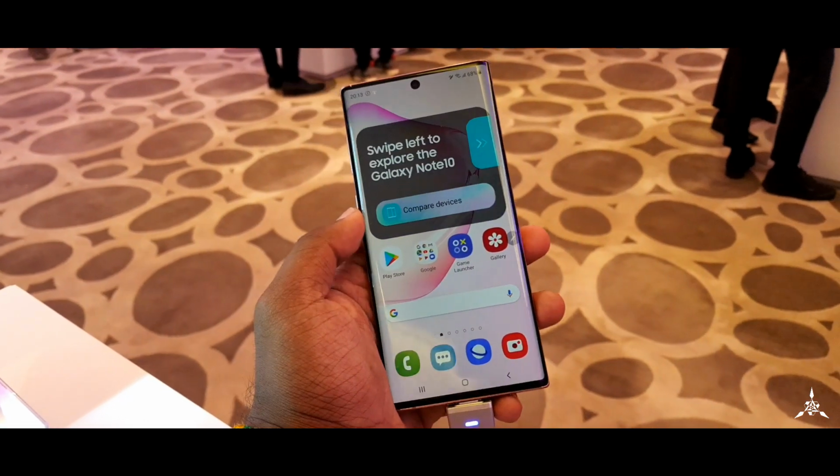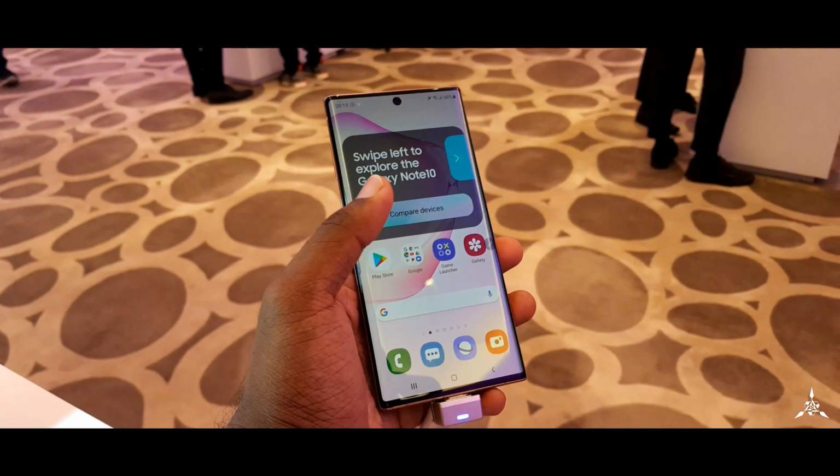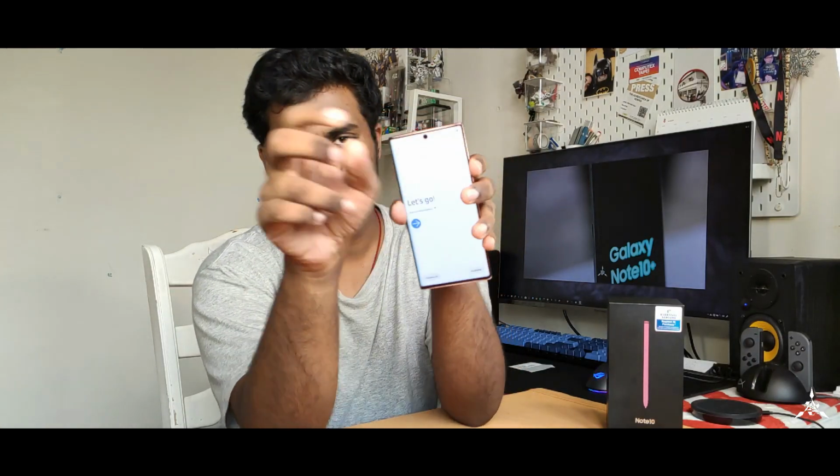So let's take a closer look at the Samsung Galaxy Note 10. On the front you have the front-facing camera smack right in the middle up top, and it has a display that covers from the top to the bottom, almost edge to edge, with a really tiny chin at the bottom and a really tiny, very thin forehead at the top. So on the top you have the SIM tray, and on this side, which is where Samsung has a power placement,